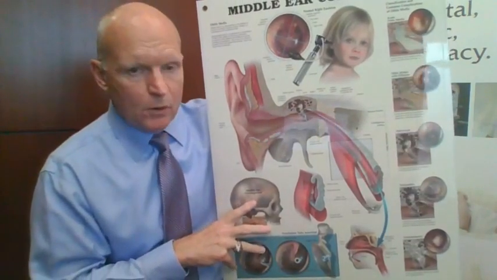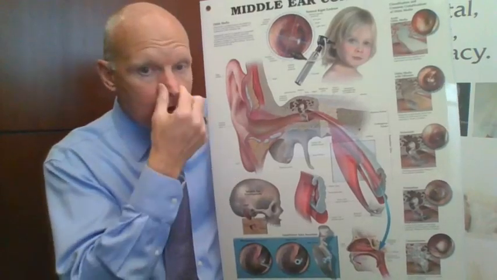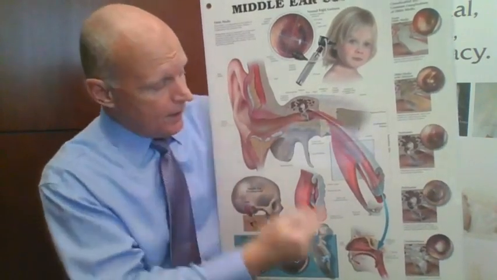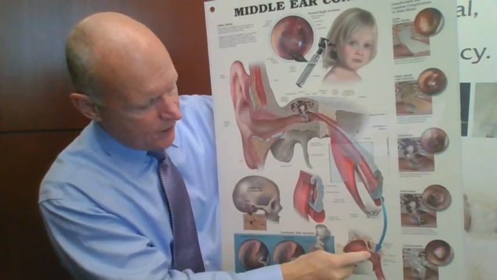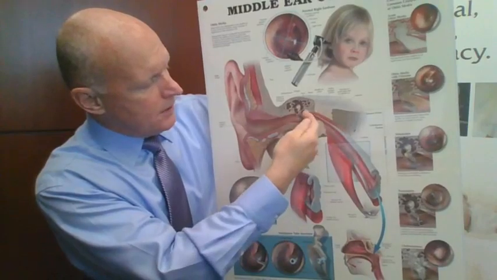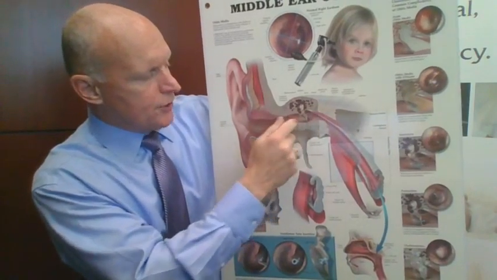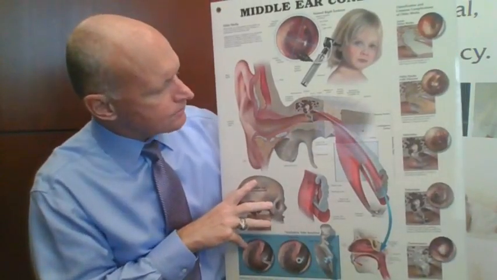So you'll see people moving their jaw, chewing gum, yawning, or holding their nose and blowing. And what they're doing is increasing pressure inside the nose and then pushing that air up into this space so that it equalizes the air pressure there, so their eardrum doesn't continue to get pushed in as the plane descends.